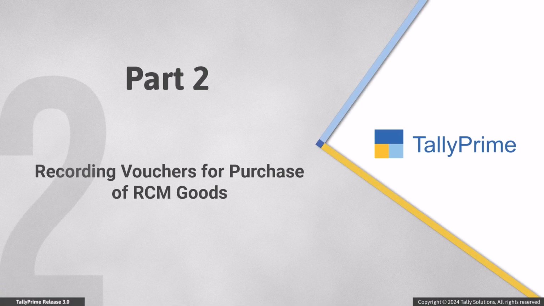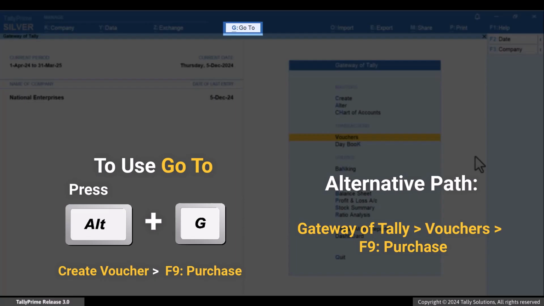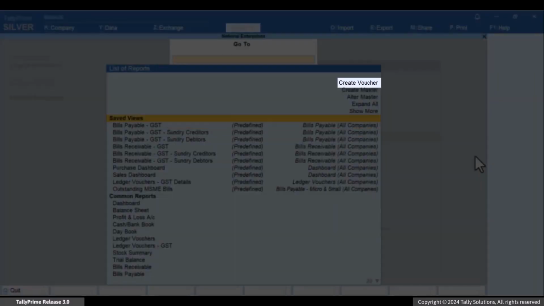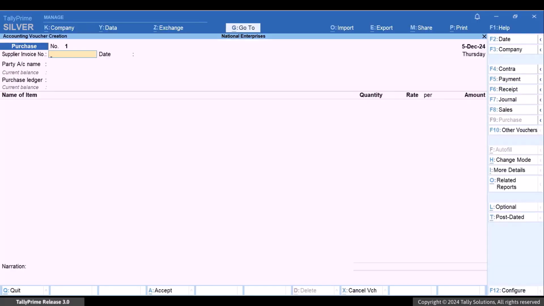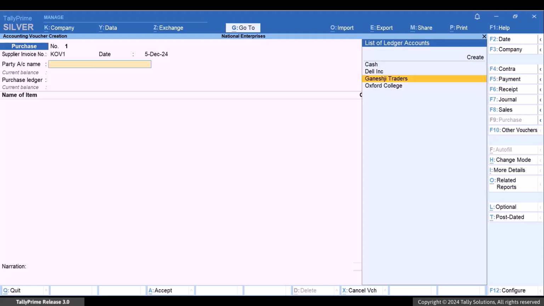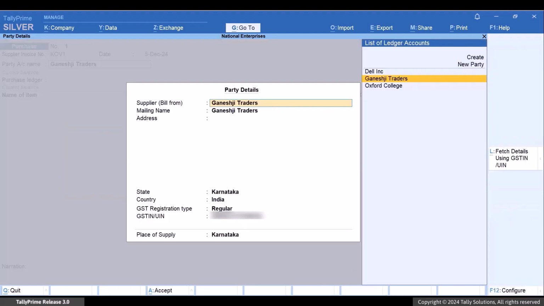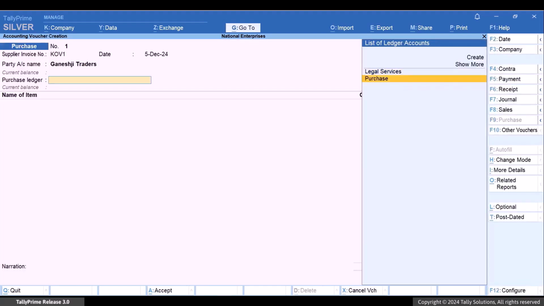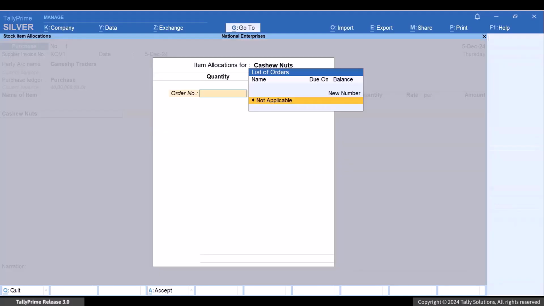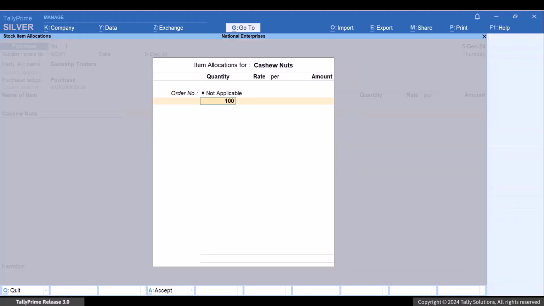Now, let's see how to record a voucher for the purchase of RCM goods. Press Alt-G, create voucher, and press F9 for purchase. Enter the supplier invoice number. Select the party and the purchase ledger. Select the stock item and enter the quantity and rate.